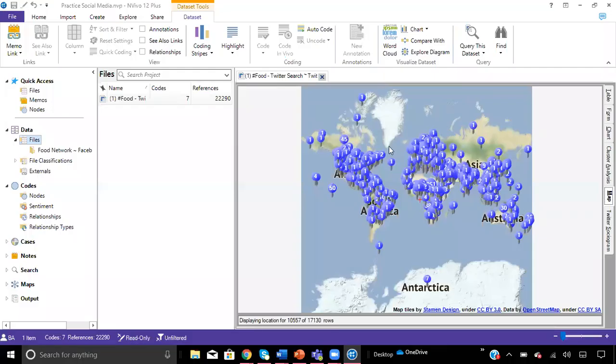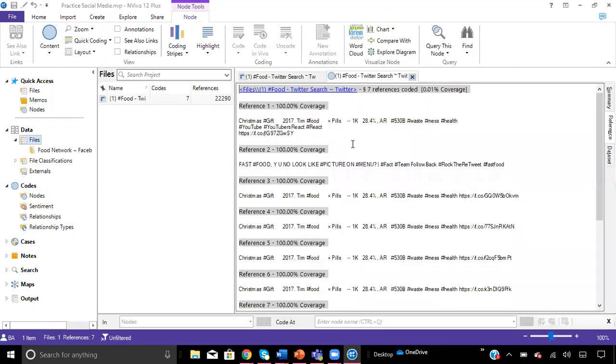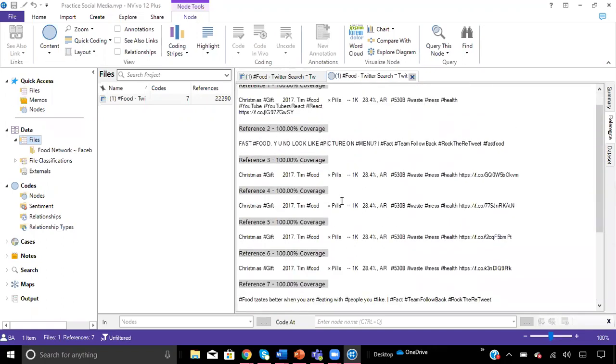And here it is. So if you click on any of these pins, you will be able to pull up the post from those pins. So I'm going to click on Antarctica and see what posts located in Antarctica were tweeted. And all 7 of them come up.